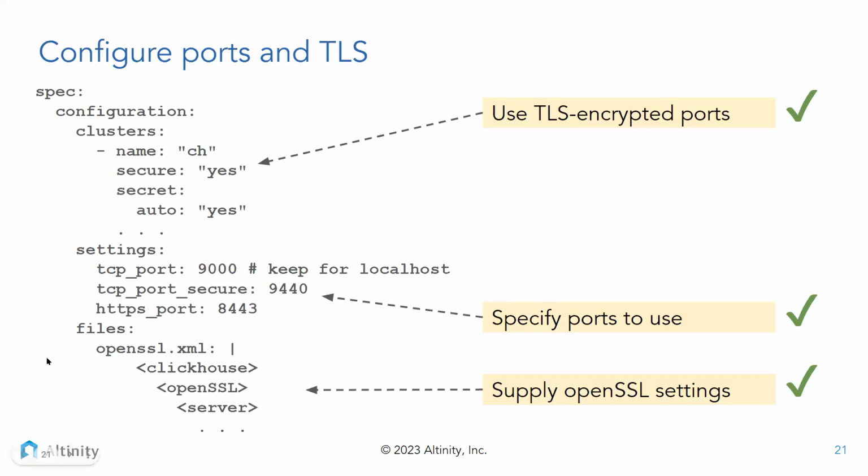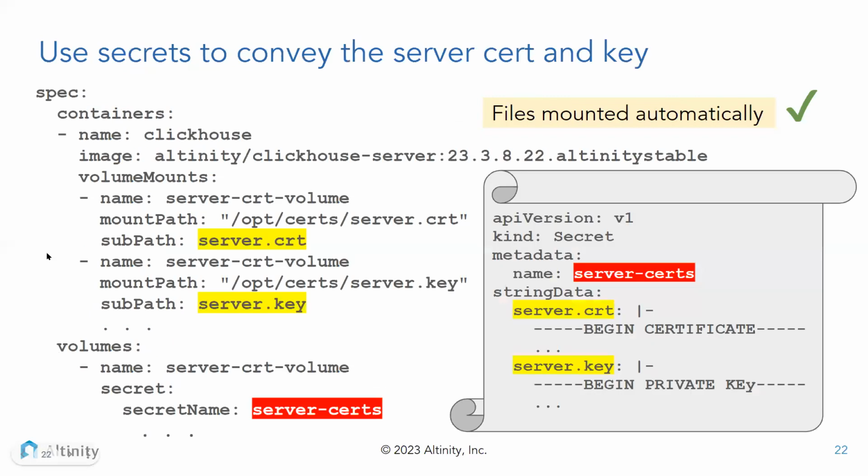I left that out, but it's pretty easy to find out. So that gives you the OpenSSL settings. We'll do one other thing, which is we need to actually pass in the certificates themselves. And for that, these certificates are actually files,